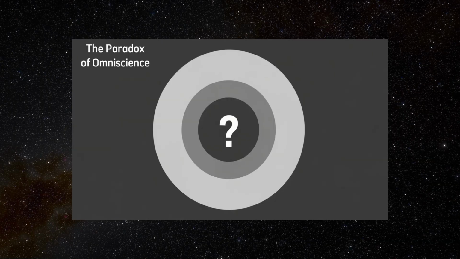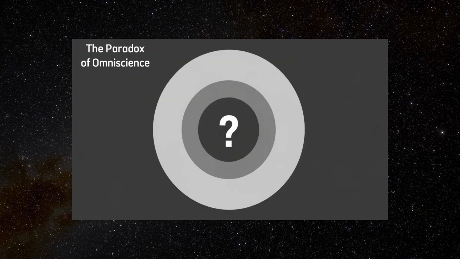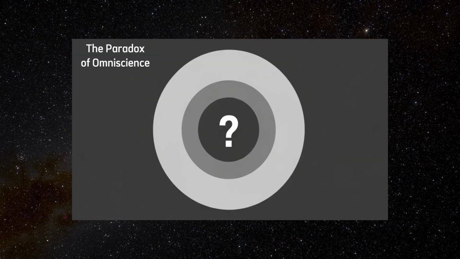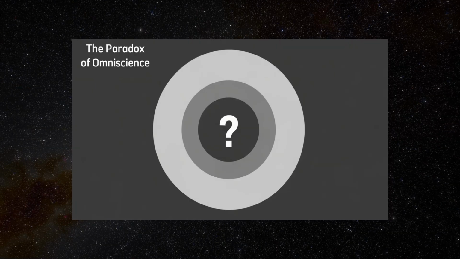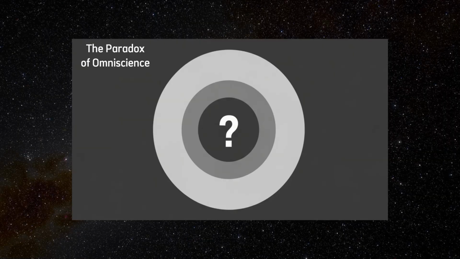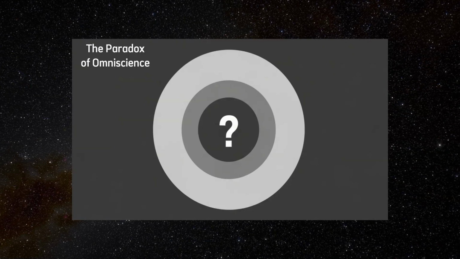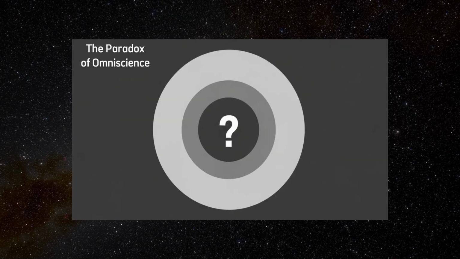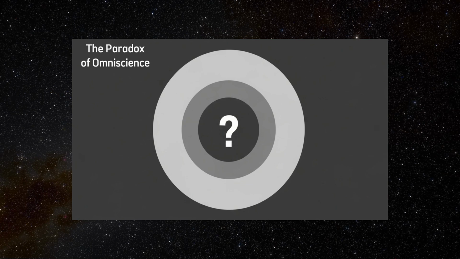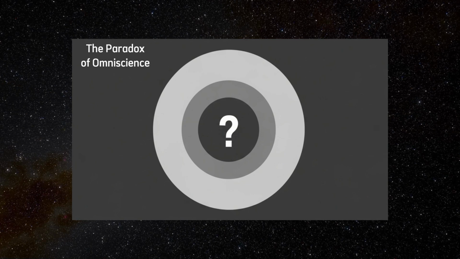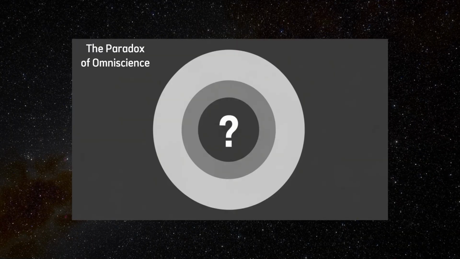Finally, there's the issue of personal omniscience. Can an omniscient being know what it's like to be someone else, with a different consciousness, subjective experience, or limitations? For example, can an omniscient being know what it feels like to be ignorant or surprised, without ceasing to be omniscient? If not, then omniscience may not include all experiential knowledge. But if it can, how can a being both know everything and genuinely experience ignorance?